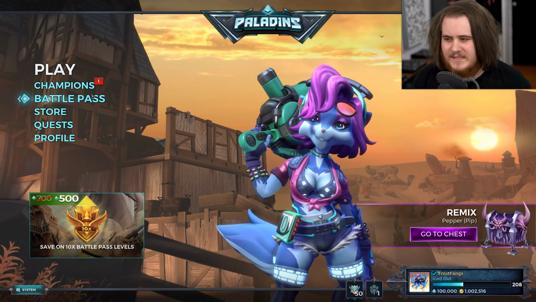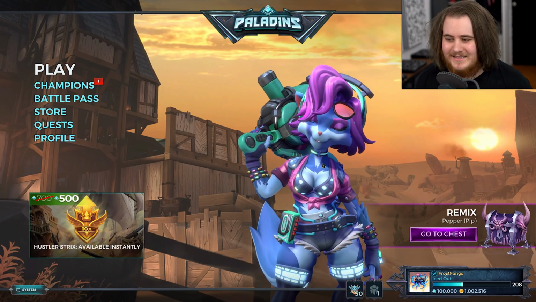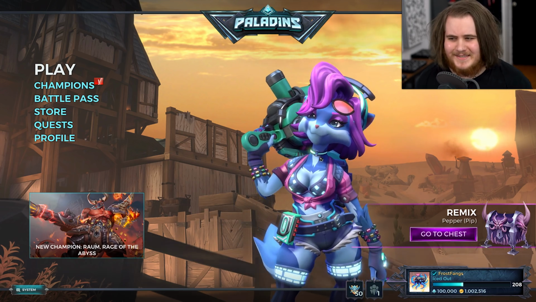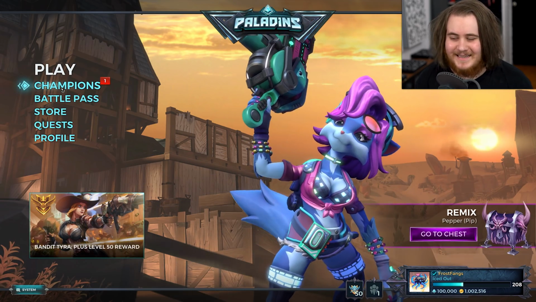We are going to be playing some Khan today, the other character that for some reason doesn't show up on the main screen. Lex is the same thing, he just doesn't appear. You get Remix Pepper and Demonette Maeve who are in the chests and stuff, and all the other skins from the Battle Pass, the Tyra one, and also the Strix one, but for whatever reason, Lex and Khan just don't